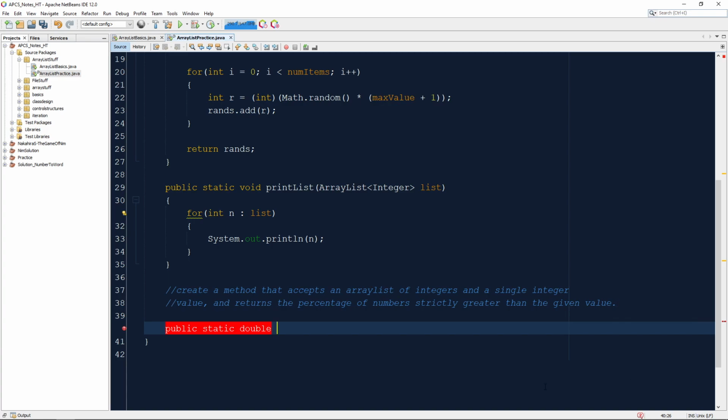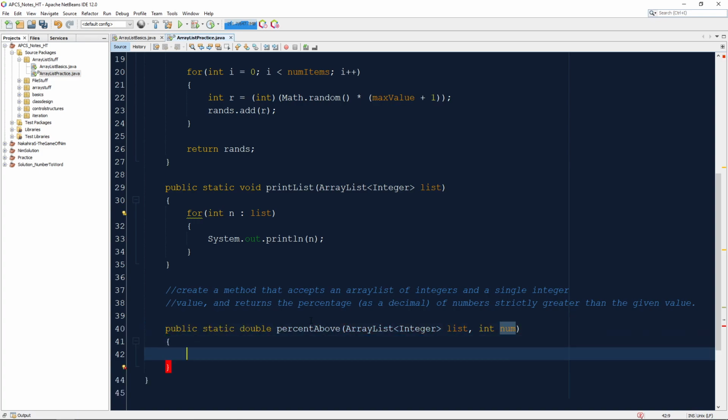And so maybe I should add that to my definition. Percentage, decimal numbers, right? So our return type is a double, and we'll call it percent above, and we'll accept an array list of numbers, of integer values. I'll call it list, and then a single num, and we're saying how many or what percentage of the values inside the list are strictly above or greater than